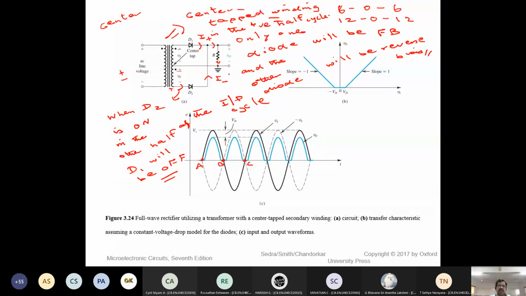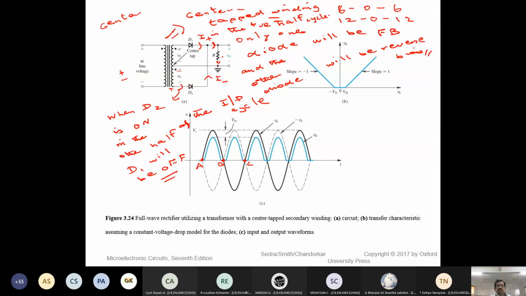So this is my one half of the cycle. In the second half of the cycle, the current flows like this, and there is no connection where the wires cross. Only where the solid dots are there, that is where it is connected. So don't get confused; the wire just goes above that. The current will be flowing through the R again in the same direction, from top to bottom. So either way, whether D1 is on or D2 is on, the direction of the current flow across R will be only from top to bottom as shown in this figure.